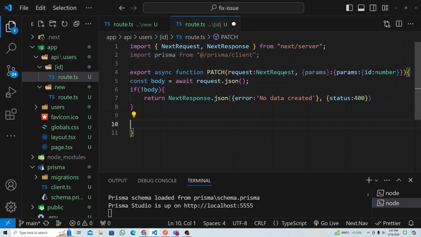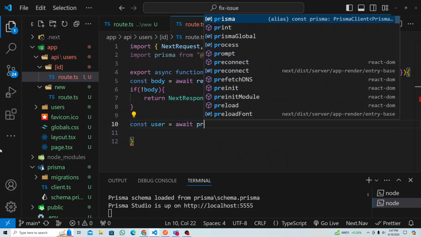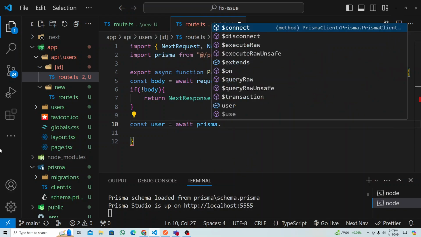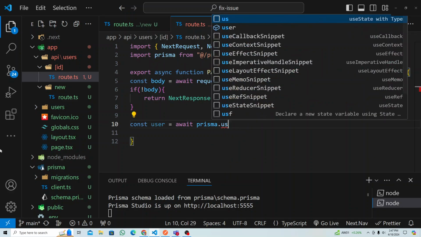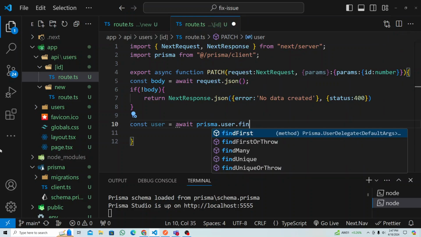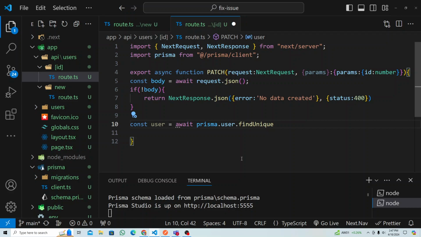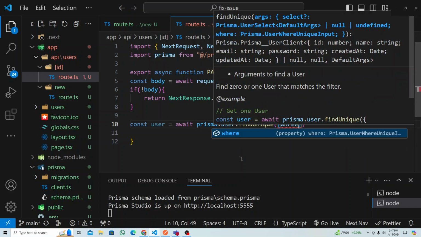First, when you have to do something, like if you have to check if something is already there or not, because you are planning to update inside the database, the first job is to check if that user is inside the database or not. So how are you going to do that? Const, right? I'll say user equal to await, and same thing, Prisma is our friend now. Prisma dot user table dot find unique this time, right? And where